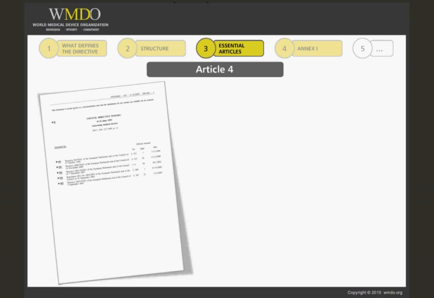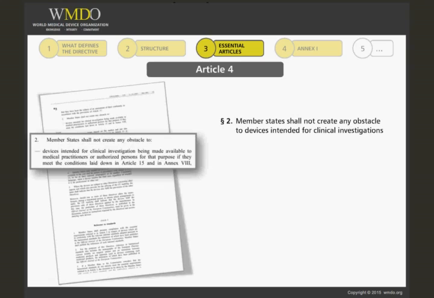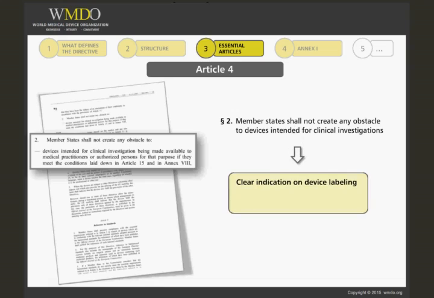As a preamble, Article 4 states that the Member States shall not create any obstacle to devices for clinical investigations, as long as they meet the conditions of Article 15 and Annex 8, which we will review later in this course. To manufacturers or sponsors, this means that a clear indication must be made on the device labeling that the devices are for clinical investigation only, unless devices already bear the CE mark, in case of a post-market surveillance study,